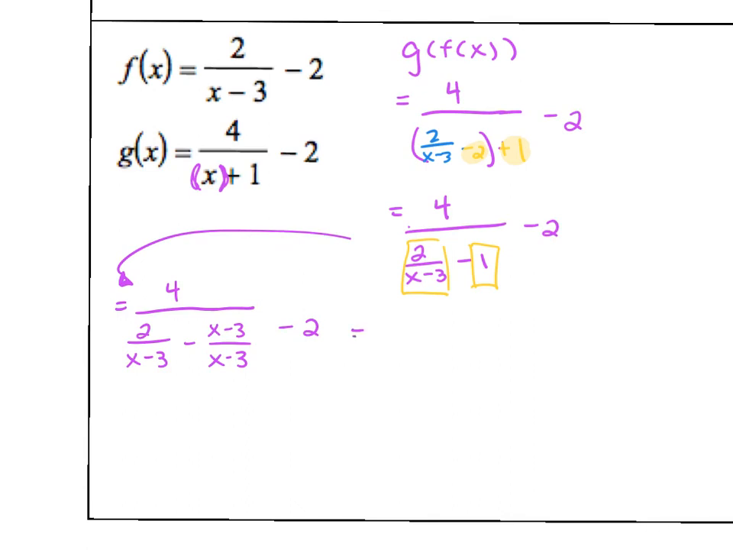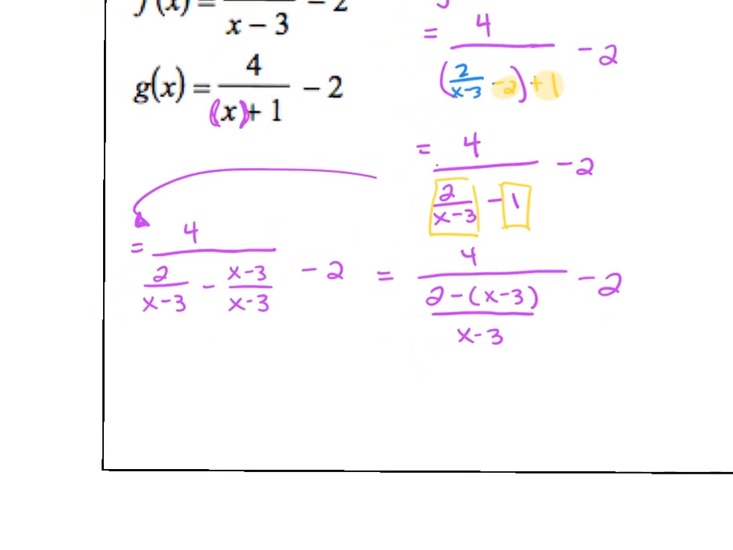Okay, well, now that I've got a common denominator, I can now do 2 minus (x minus 3), and I'm putting parentheses there so I don't forget that I have to distribute that negative to both of those terms on the top of that fraction, over x minus 3, since they all have the same denominator. And then that minus 2 is just hanging around. Alright, and that's going to give me